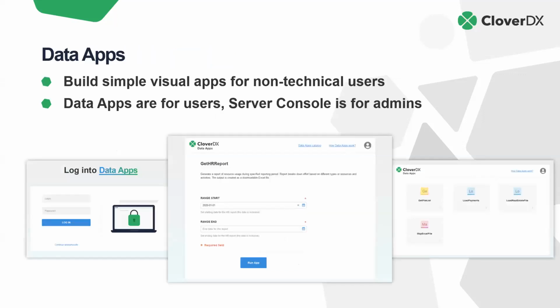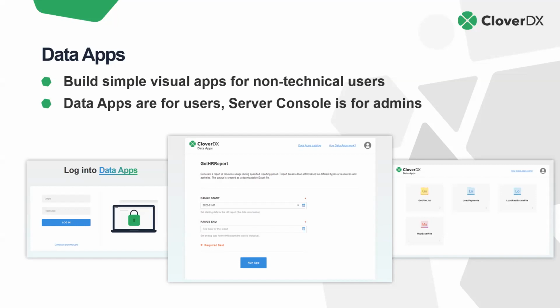With that said, let's have a look at the data apps, the first feature that I'll show today. This is a feature that builds on top of what we've delivered before in data services and basically allows you to create a very nice and simple user interface for each data service that you have. It does not require any code or any extra code compared to what you already have in your data services. And it allows you to very easily give access to your business users or non-technical users to run something in Clover, regardless of whether it is a simple job or something that requires more parameters and